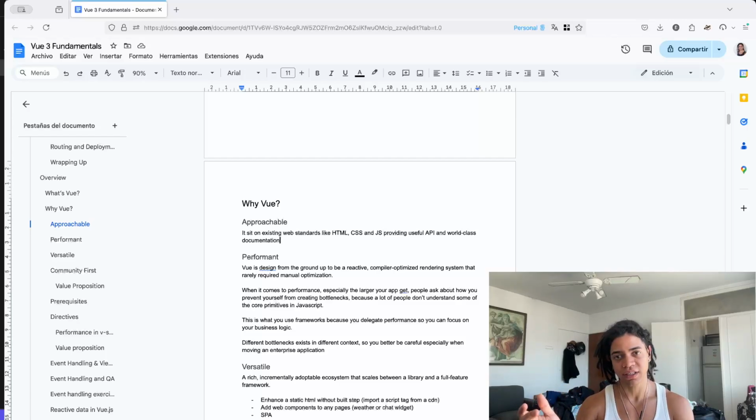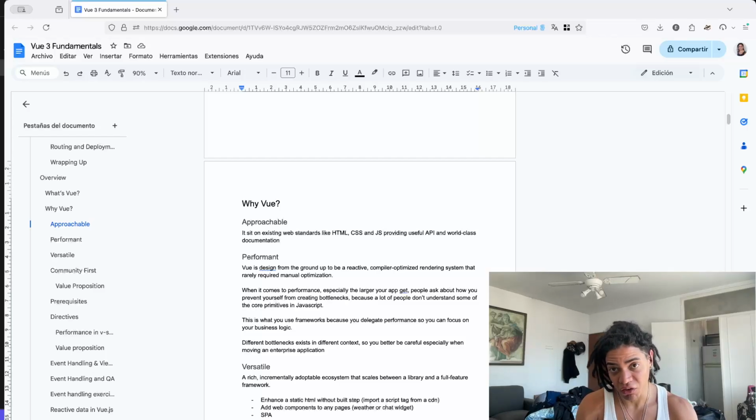So this is unlike React, which is a framework for building user interfaces by using this particular syntax, the JSX syntax, which is not native to the web. But Vue says, hey, no, we're actually going to use HTML, CSS, and JavaScript as a way to build our user interface, and the existing APIs. Okay, so unlike React, where you have to create your application using, for example, React.createElement, which is wrapped around the DOM,